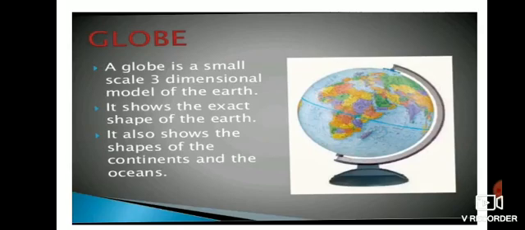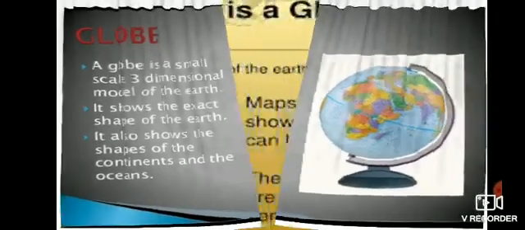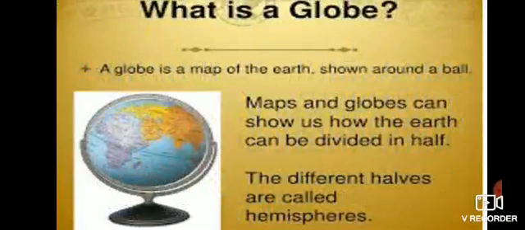You know students, a globe provides us a clear idea of the Earth's shape. It clearly shows latitudes and longitudes. Without globes, no one would know what the Earth really looks like, because maps are based on globes.